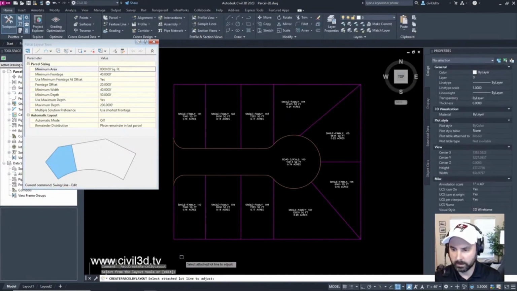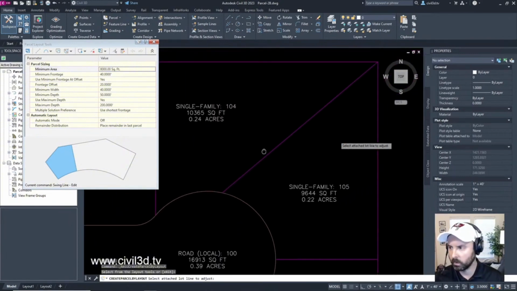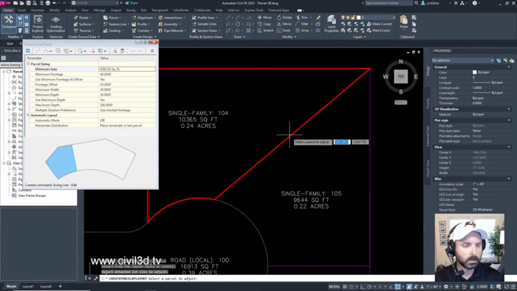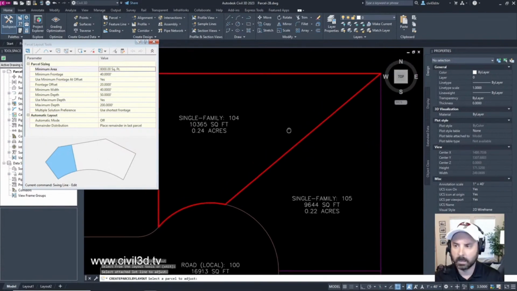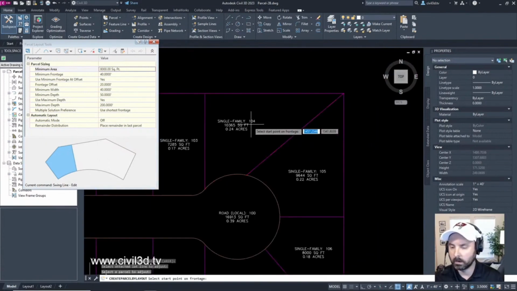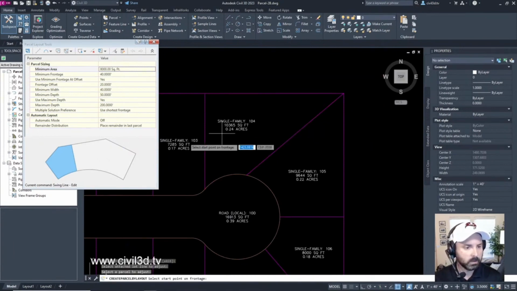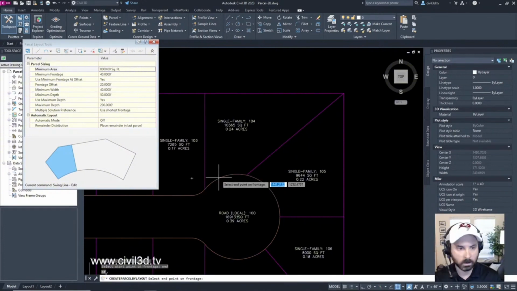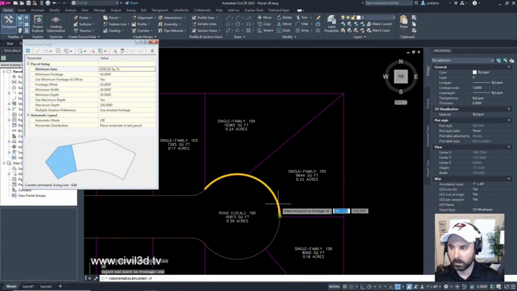Now our command line is asking us to select attach lot line to adjust between 104 and 105. So this one right here, we'll select this, then hover over 104. Then we're going to select the starting point for our frontage. I'm going to go from here. Instead of selecting that, I'm going to go to about here.